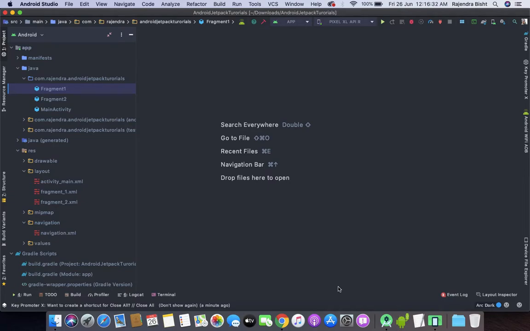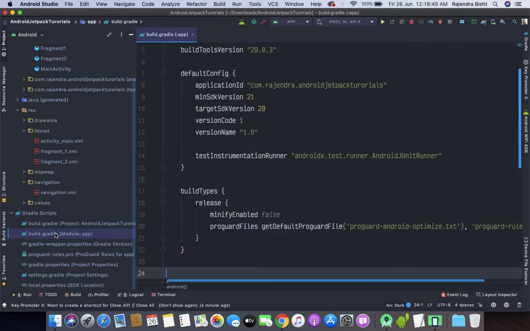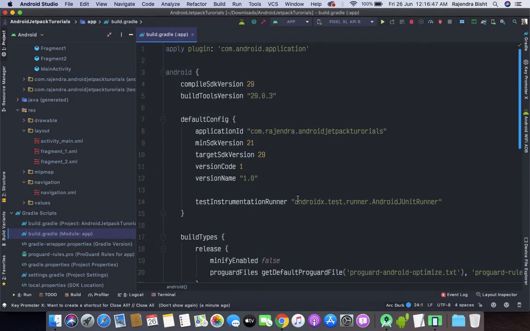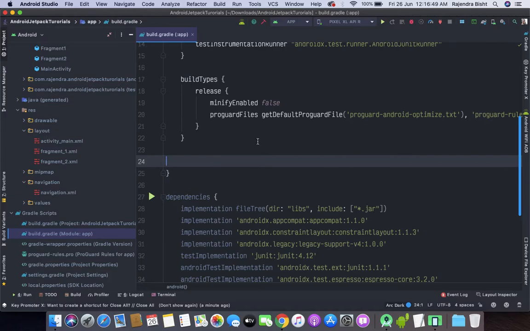So let's get started. This is our old project which we created earlier, and in this project I have deleted fragment 3. Now first of all, enable data binding. Just go to the Gradle file.